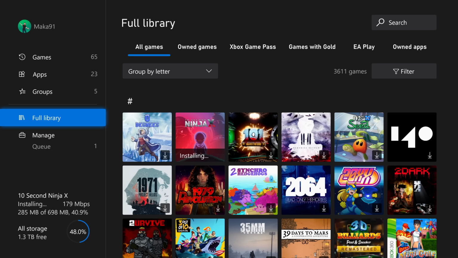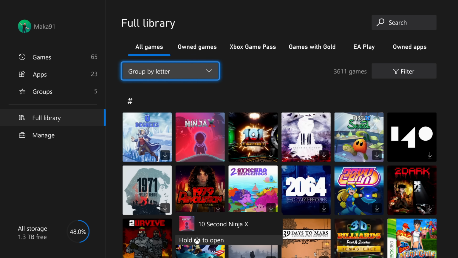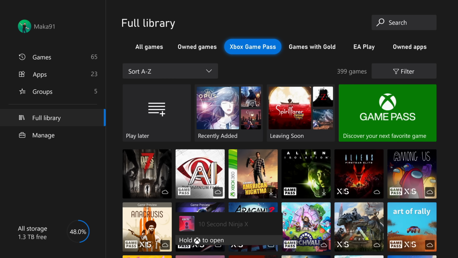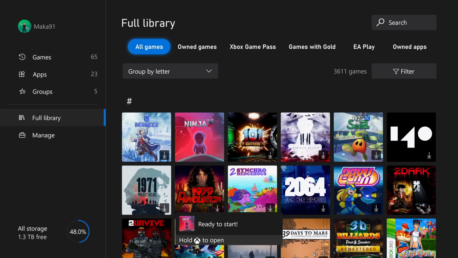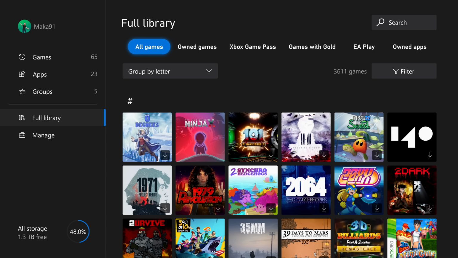This is an area of the dashboard that's now been updated 3 or 4 times in the last 2 years, it feels like. And it seems like Xbox could benefit from updating different areas of the dashboard and the user experience, as opposed to just focusing so much time and effort here. I understand they want a kind of big emphasis on Game Pass. That totally makes sense. But at the same time, in my opinion, Xbox could benefit from putting more resources into